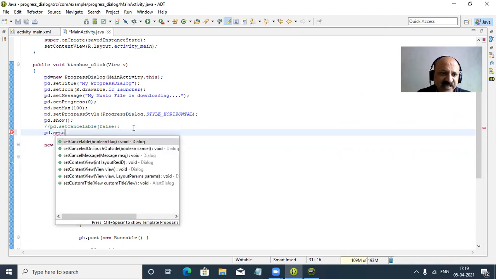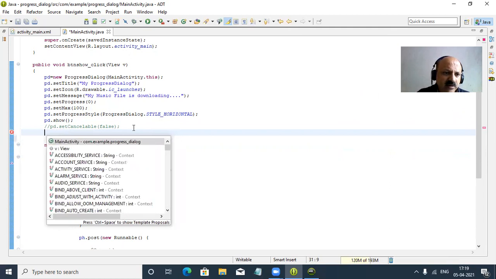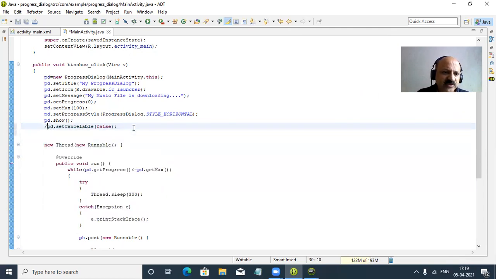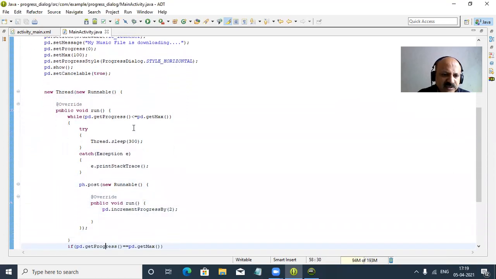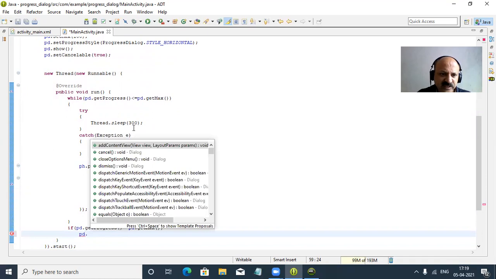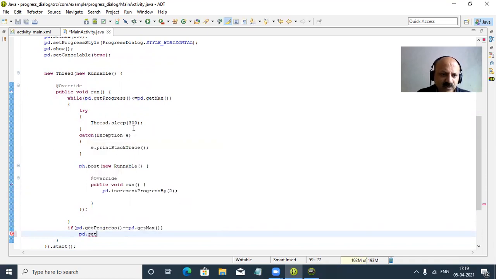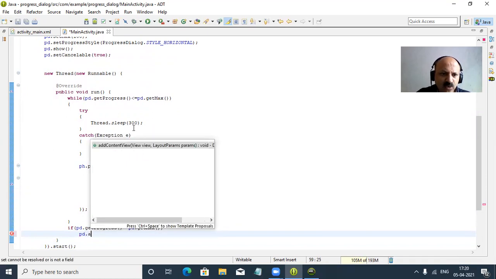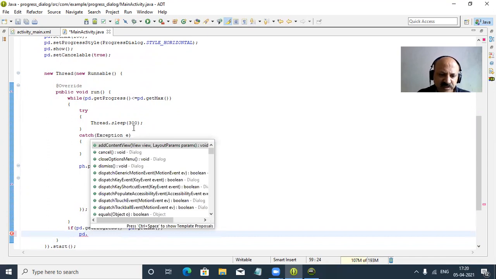So set cancelable is there, but auto cancel is not there. And I already use set cancelable, passing true. Yes, and the dismiss method is there, but why does it not work? Here can we use set auto or something like that? No, there is no such method.